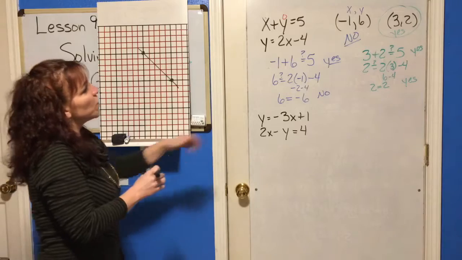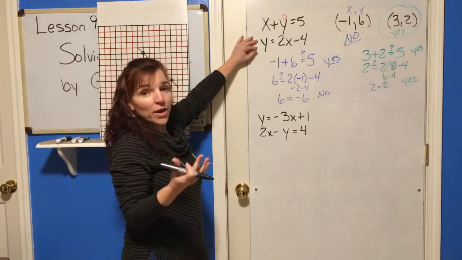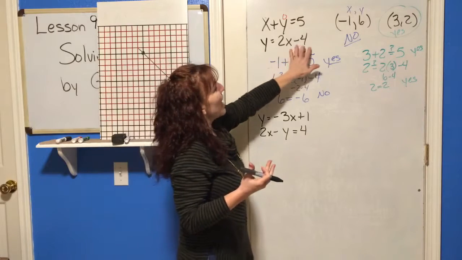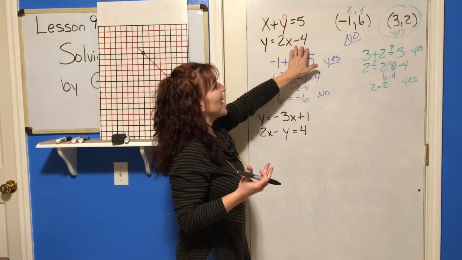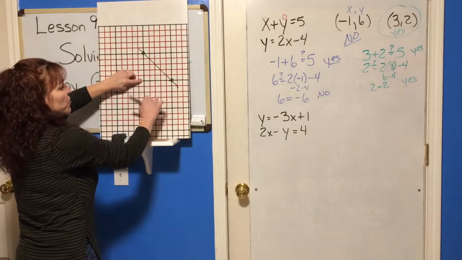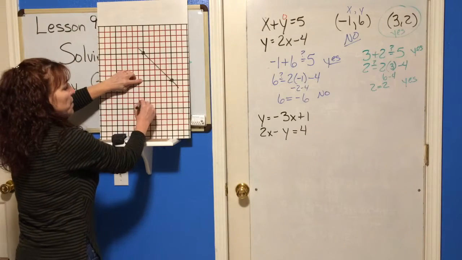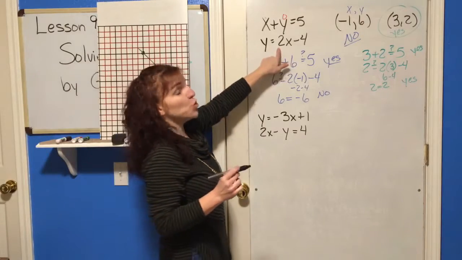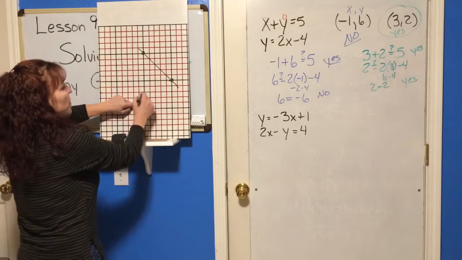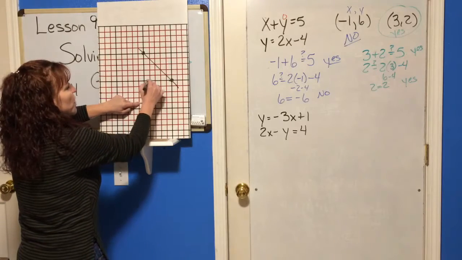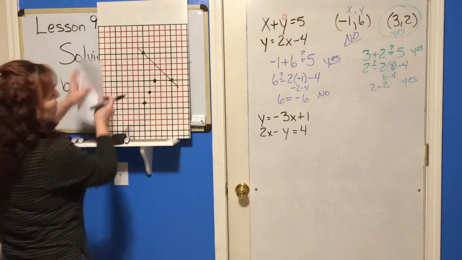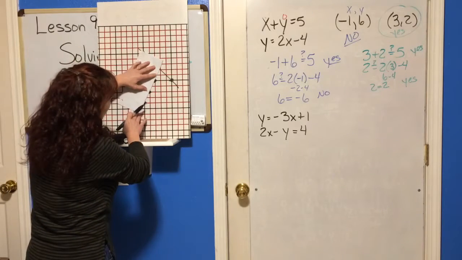Now, with this equation, I'm going to use y equals mx plus b because it's already set equal to y. So my y-intercept is -4, which means on the y-axis I'm going to go down 1, 2, 3, 4 and plot a point. And my slope is 2, so from the point that I already plotted, I'm going to go up 2 over 1. And if you want to do 2 of them, just to make sure that you've got a straight line,